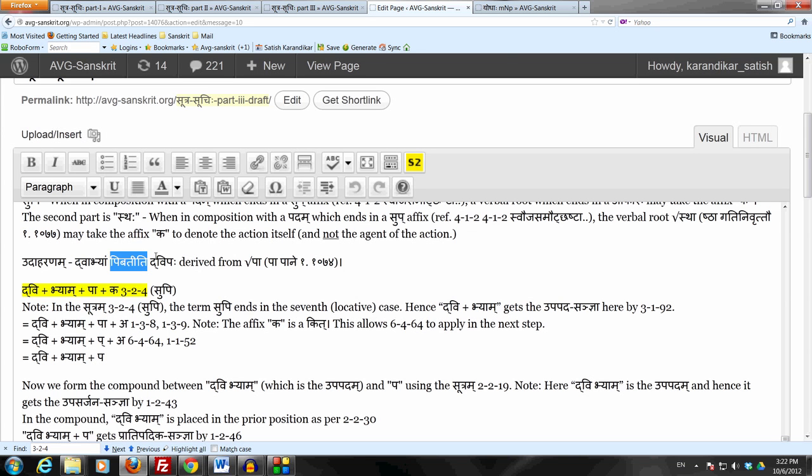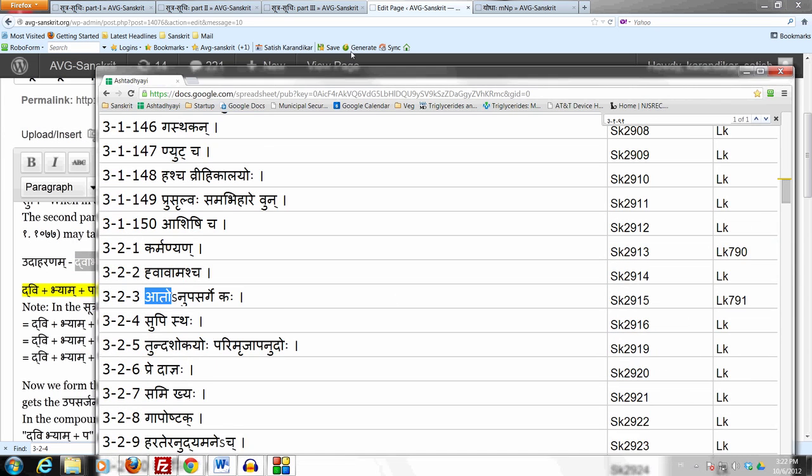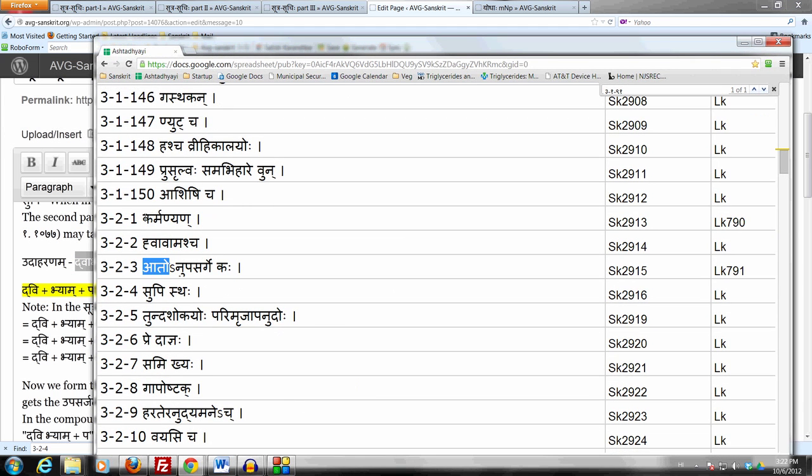Now we have an adanta dhatu, which is here pa pane, and we also have a subantam, which is dvabhyam, as the upapadam. One more time, in the prior rules which we were studying, which are 321, 323, they required karmanya upapade. They required the object of the verb to be the upapadam. But this sutram supi now requires only any subantam as upapadam, not necessarily the object of the action. So dvabhyam is not the object of the drinking. That is not what is being drunk.